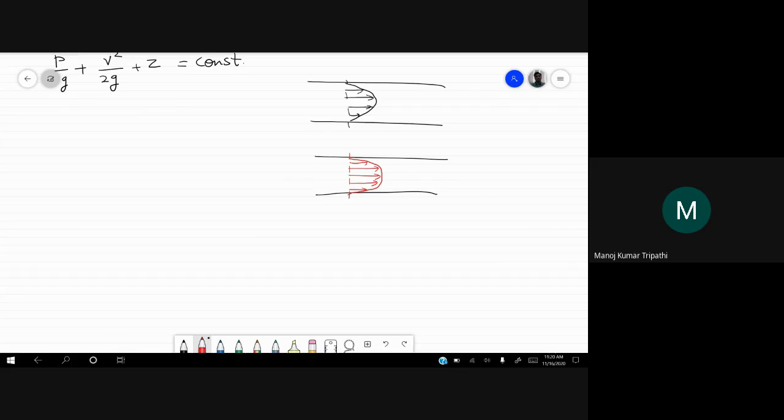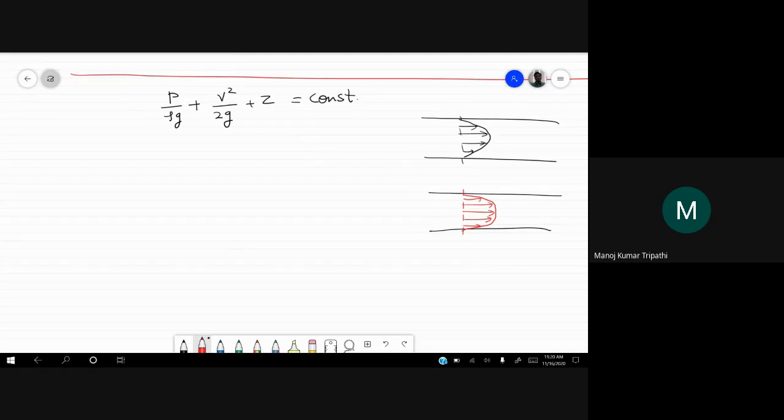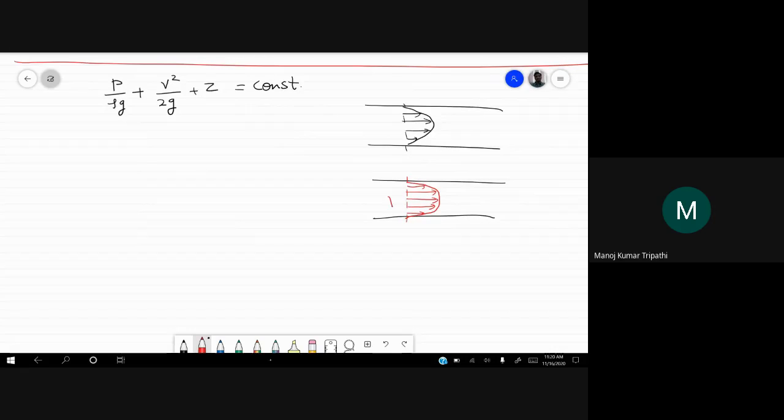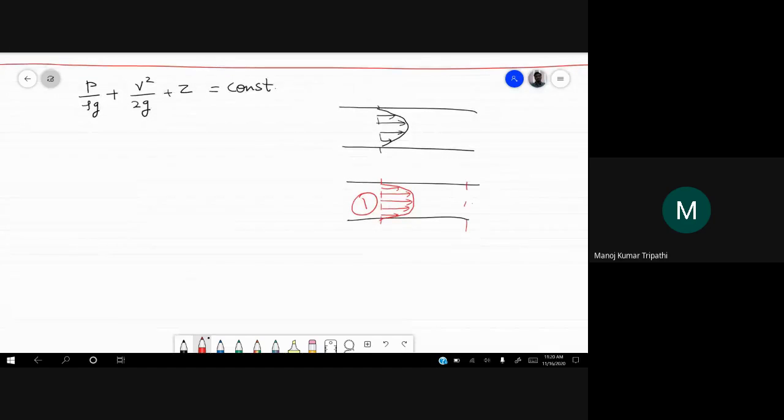At the walls, it has to go to 0, but for a turbulent flow, most of the cross section has uniform velocity, quasi steady uniform velocity. So for turbulent flows, it is very easy to apply this equation, because if you want to apply this equation at two cross sections of a pipe, let's say cross section number 1 and cross section number 2,